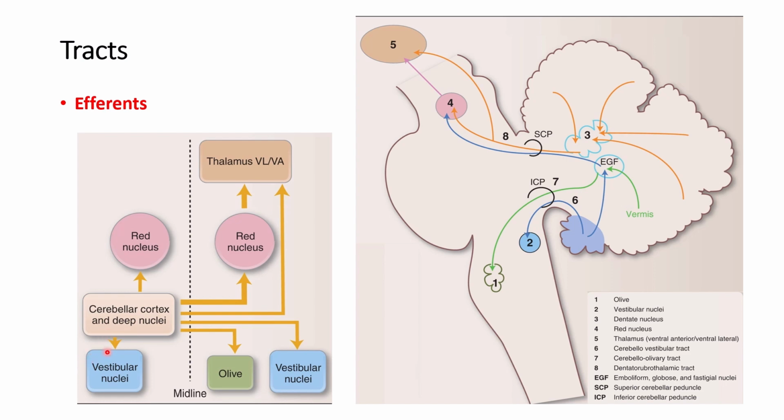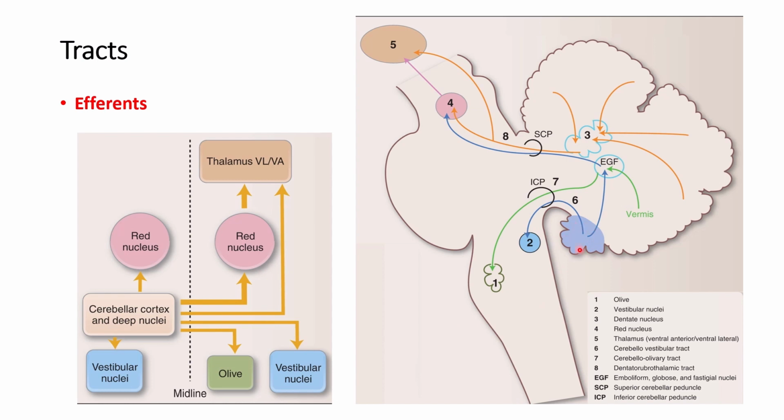It sends information to vestibular nuclei, so this is the bilateral vestibular nuclei, but for olive it crosses the midline. So in the afferent it was receiving from both sides from olive, but in efferent it's crossing the midline going to the contralateral side. And if you look at the image here,